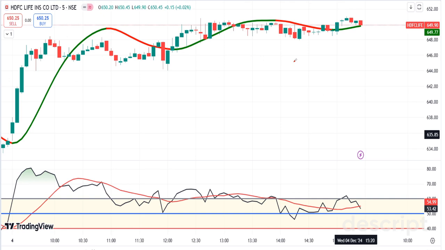Today there was an insurance sector move in the morning, led by SBI Life, followed by HDFC Life, and followed by LIC. So what a great move! And again, you can see a crossover of the indicator followed by RSI.